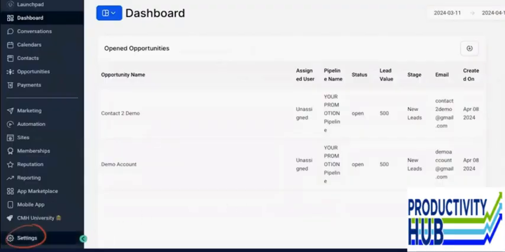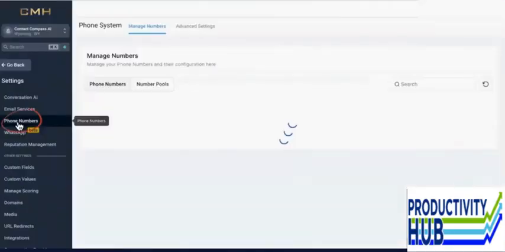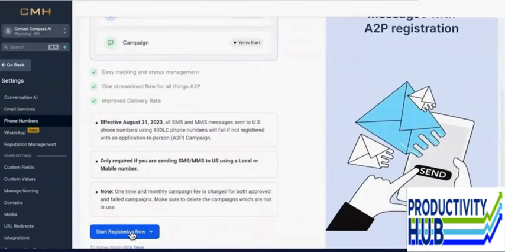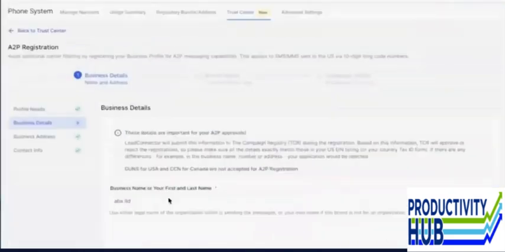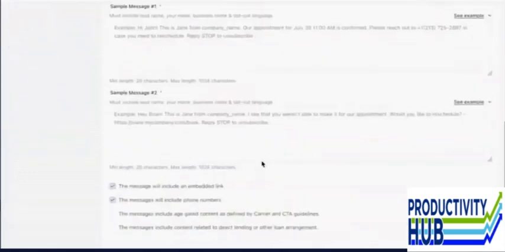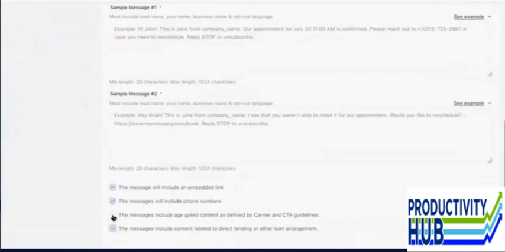So you want to make your way to settings at the bottom left, go to phone numbers, click on Trust Center at the top, and here you can start your A2P submission by clicking on Start Registering Now. Start to fill out all your details. Your profile needs the business details, the business address, and after you've inserted all your contact information, hit Continue. Confirm once more. Here on the next page, if you scroll down to the bottom, you've got those two new